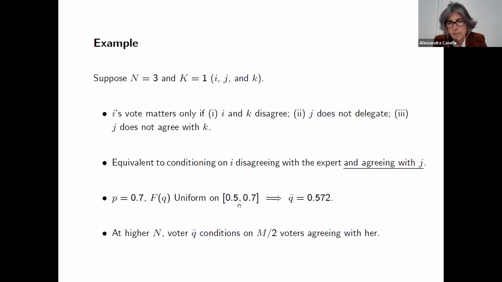0.572 is not very high here, it's below the mean. This matters, and this is really a point to which I think I'm going to come back throughout the talk, because you have to think about the experiment. Think about these people who are told, imagine, your precision is 0.6.